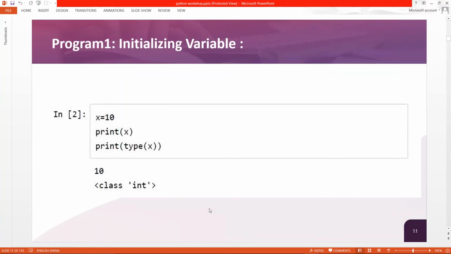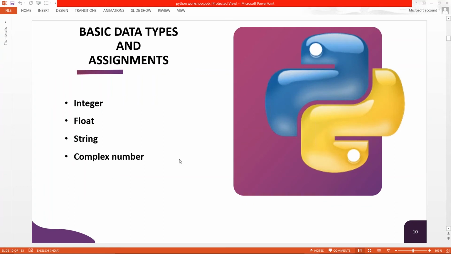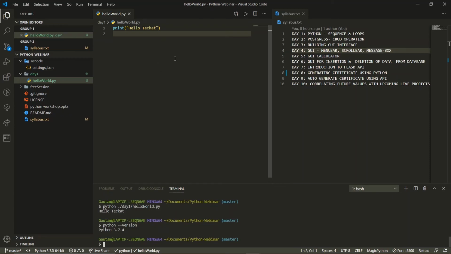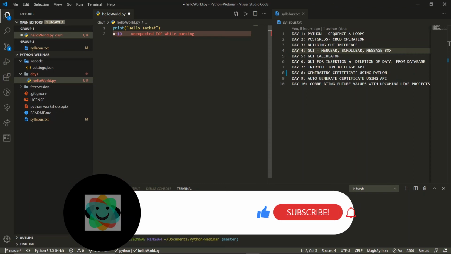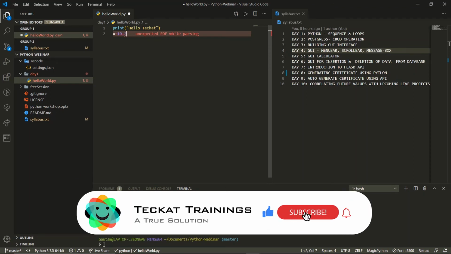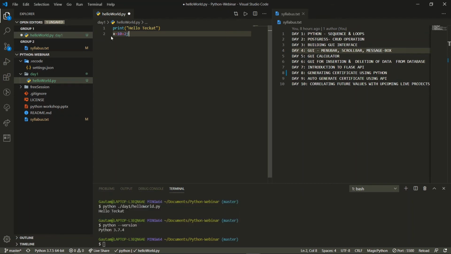Okay, Dave has a problem with complex numbers. Let me explain, Dave. If we have any term, for example, x equals 10 plus 2j, if we have anything in this format, we call it a complex number. 10 is the real number and 2j is the imaginary number.